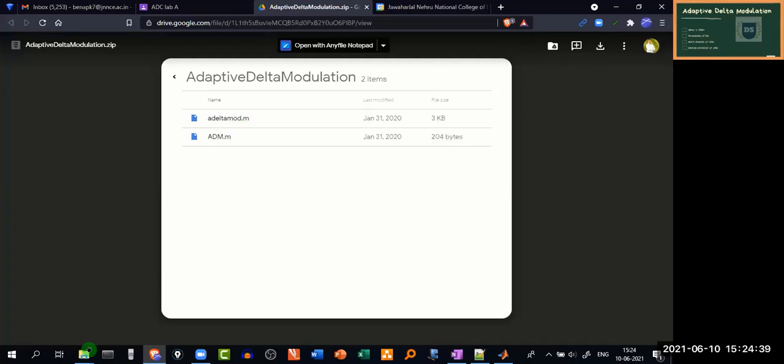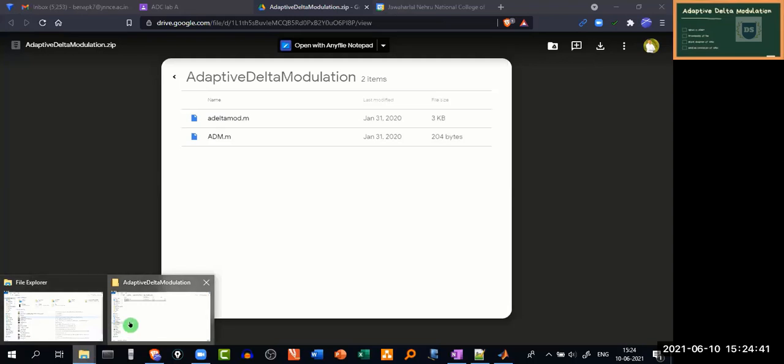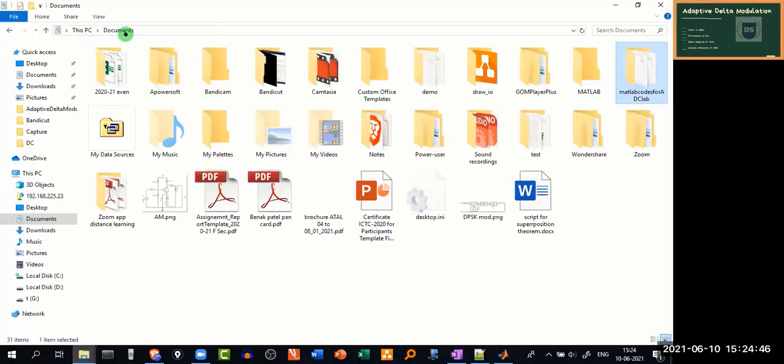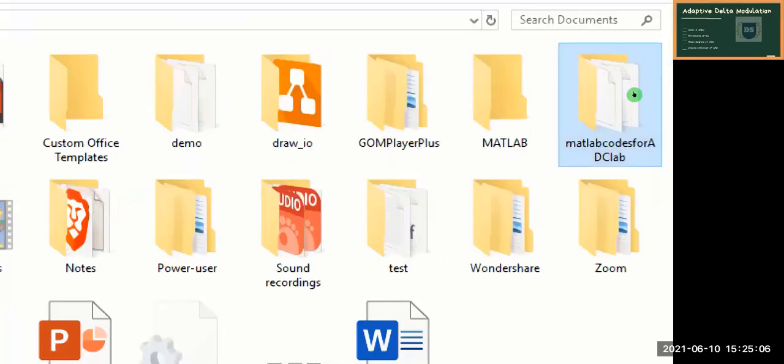For that, what I have done is, you can see over here, under my documents folder, I have created a specific folder. Let me zoom in on this. I have created a specific folder for MATLAB codes for analog and digital communication lab.